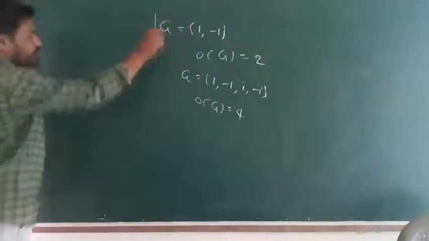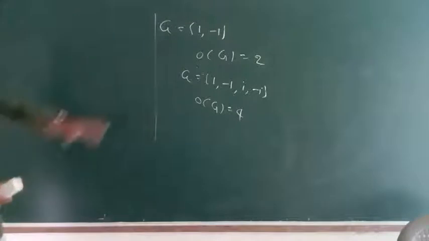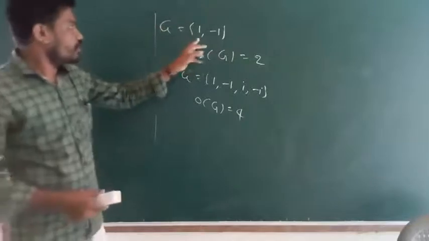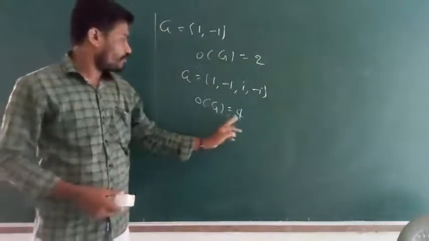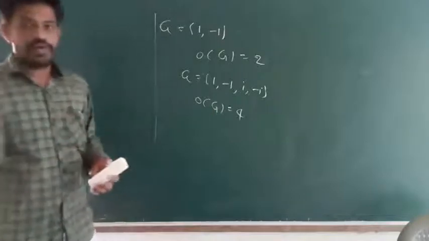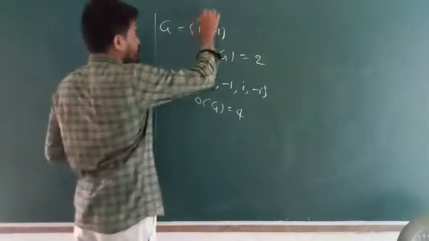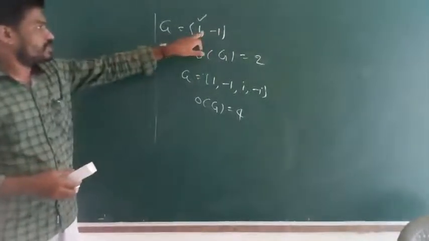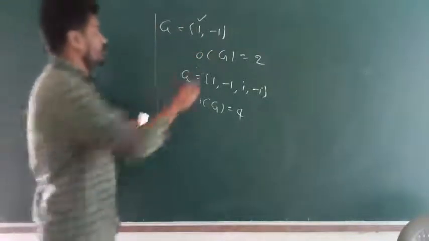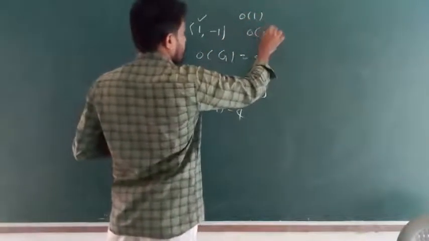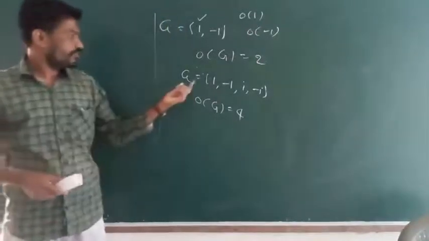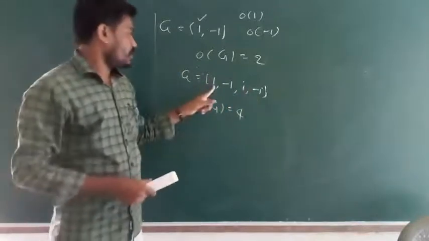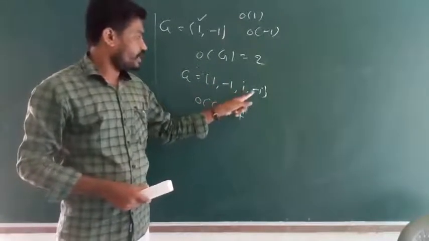Okay. Next definition: order of an element. Order of G means the number of elements in the given set form, so you can directly count it. Order of G is equal to 4. Next, order of an element means in the set form you can select an element and find out its order. Any element, this side 1, this side minus 1, means order of 1 and order of minus 1. In this set 1, minus 1, I, minus I, you can find out the order of each element: order of 1, order of minus 1, order of I, order of minus I.